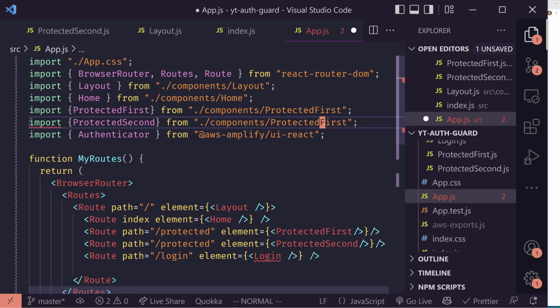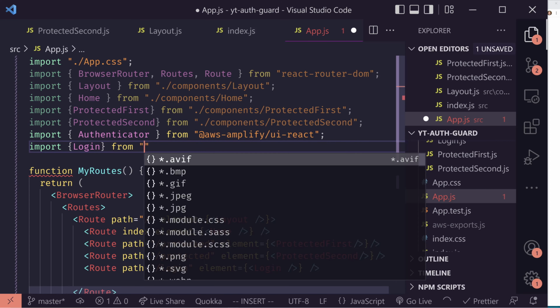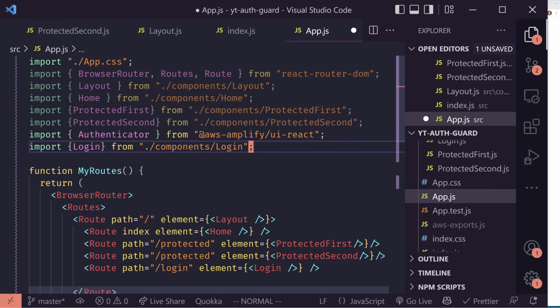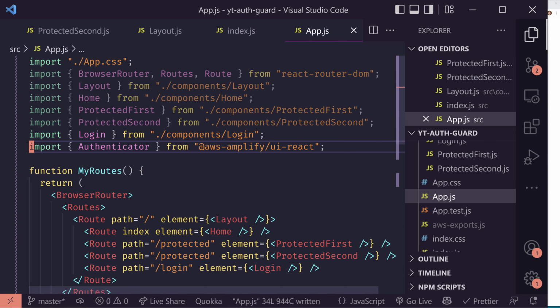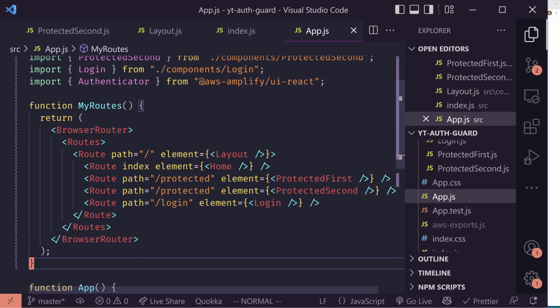And this is going to be protected second. Great. And then we need login. So we'll do one last one. Import login from components login, and we'll just put that right there. Okay, so no errors, but obviously we need to have some way to change between these different routes, but so far it looks okay,